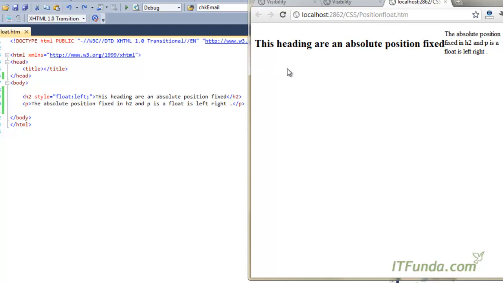So it was earlier here at this space, but because we have specified float left on the heading, the paragraph is going to the right side. So this particular heading is basically floating to the left.